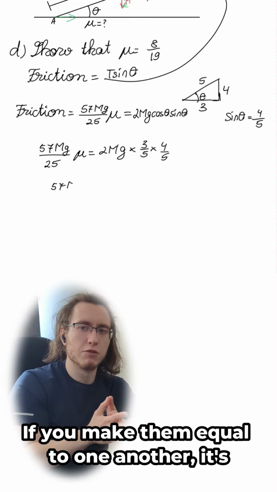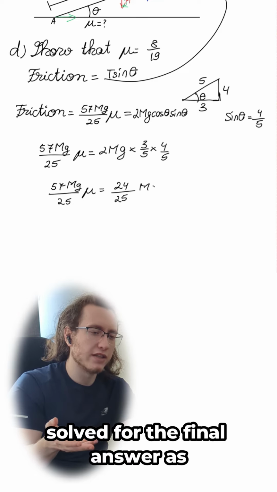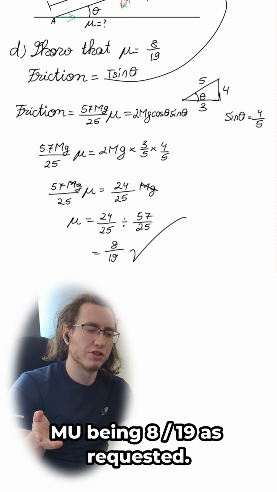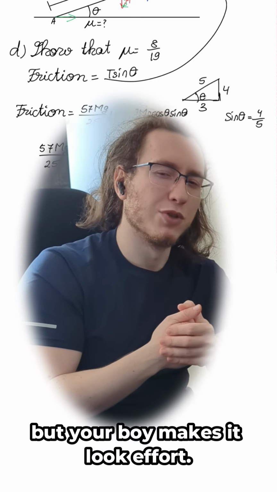If you make them equal to one another, it's solved for the final answer as mu being 8 over 19 as requested. Looks tough, but your boy makes it look